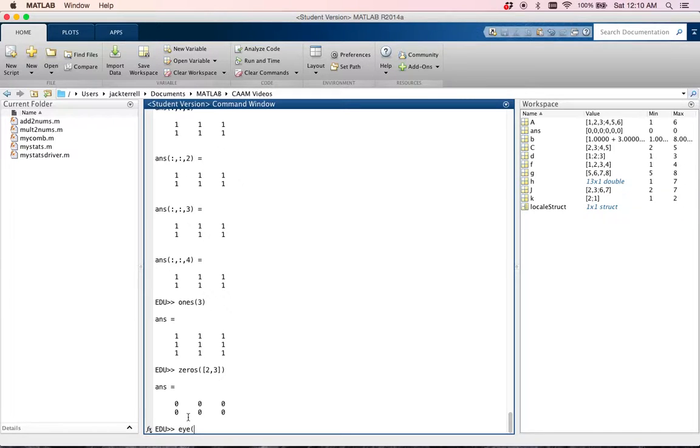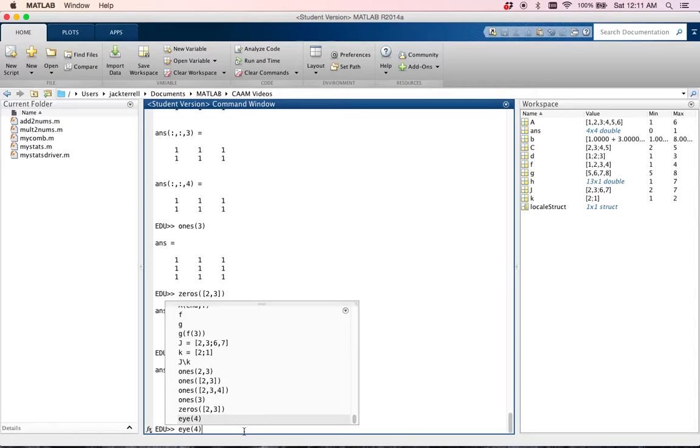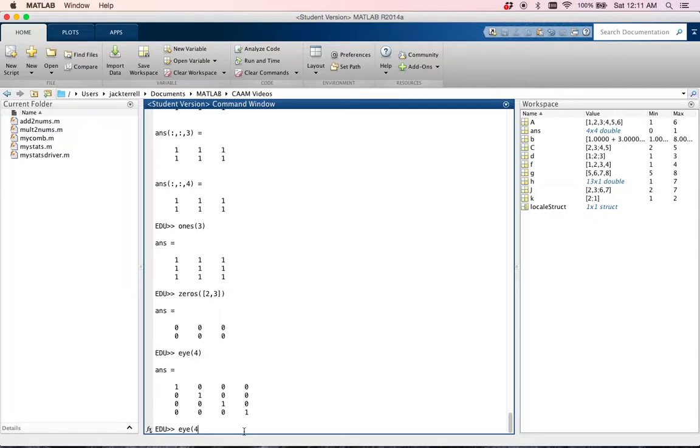Eye is a little different. If you just put in a single number, like eye of 4, it will give you a 4 by 4 matrix with zeros everywhere except ones along the diagonal. One remarkable thing about this matrix is that it allows you to multiply any dimension-matching matrix or vector by this matrix, and you will get the same thing. It's called eye, because in most linear algebra it's just called capital I,